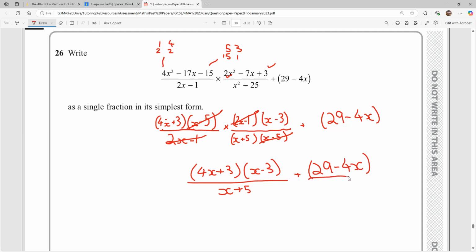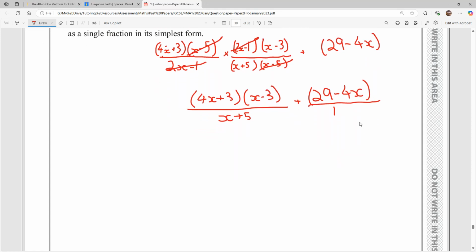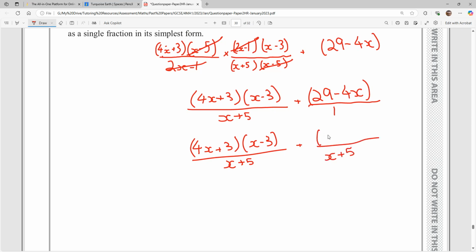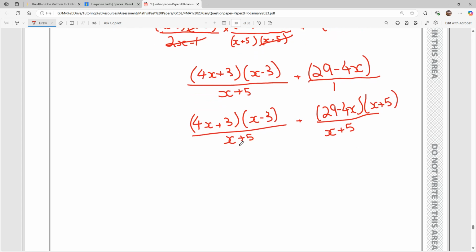We need a common denominator. Currently, if we imagine our denominator is 1, that helps us to see it. Our common denominator, we can make it x plus 5. So the first fraction is going to stay how it is. And then, to get a common denominator, we need to multiply the top and the bottom by the same thing. So we've got those bits there. Then to add these together,